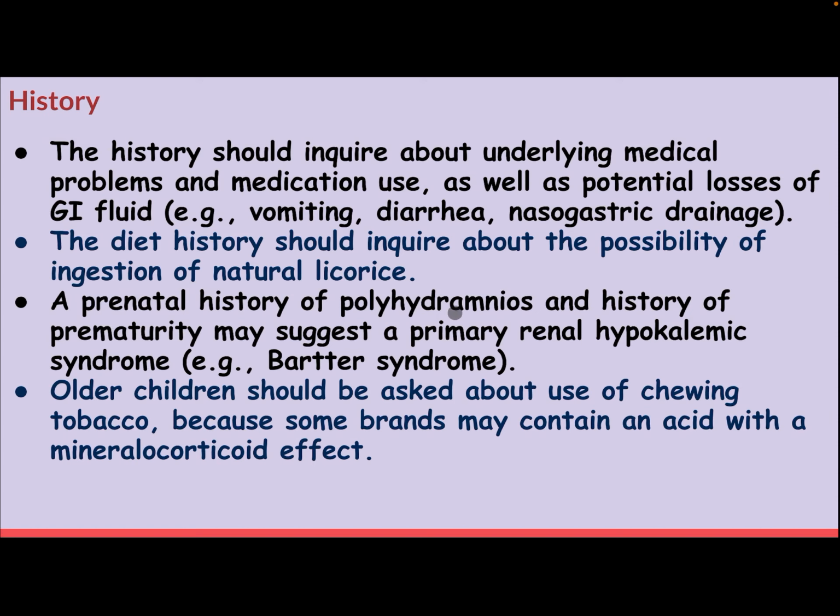Prenatal history of polyhydramnios and history of prematurity may suggest a primary renal hypokalemic syndrome like Bartter syndrome. Older children should be asked about use of chewing tobacco because some brands may contain an acid with the mineralocorticoid